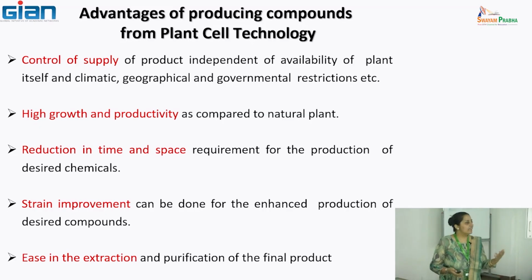Strain improvement, cell line, what we were talking about as metabolic engineering, even plant cells are amenable to cellular engineering. So you can always manipulate the cell metabolism to enhance the flux towards the desired product. You would have heard from her talks that at any given time, how many different classes of secondary metabolites a plant can produce. So the same carbon flux is diverted to so many different branches. So no wonder the yields are low. If you have to improve the yields so as to match the productivities, then you need to tweak the metabolism such that preferentially to your desired metabolite, the carbon flux flows.